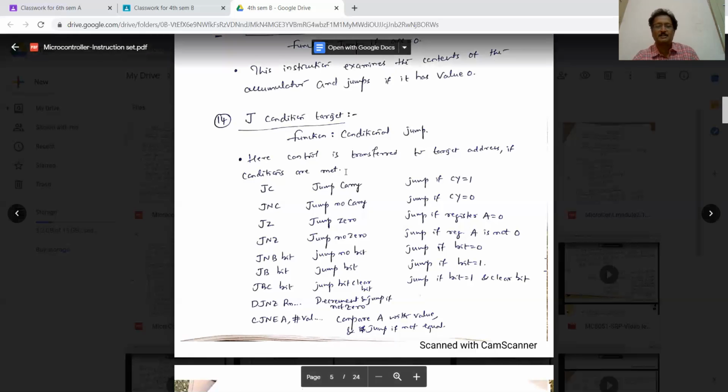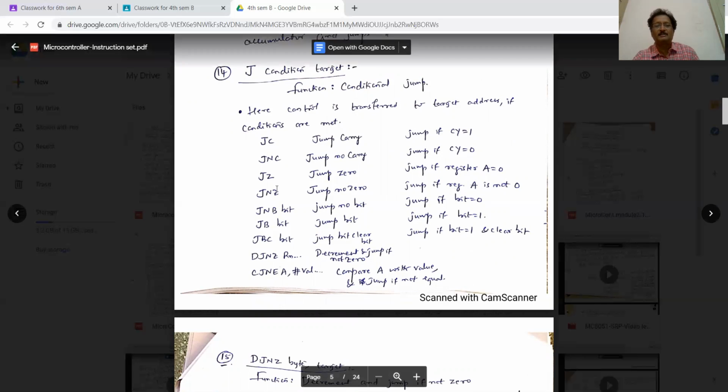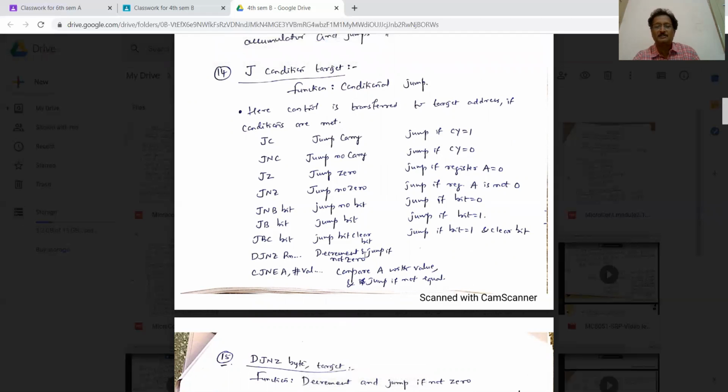Next, here all the jump instructions are listed. Already I have explained all these things. It's a list, and these are all listed under one heading called J condition target. These are all conditional jump instructions. DJNZ: decrement and jump if not 0. Then only you go. If it becomes 0, execute the next instruction.